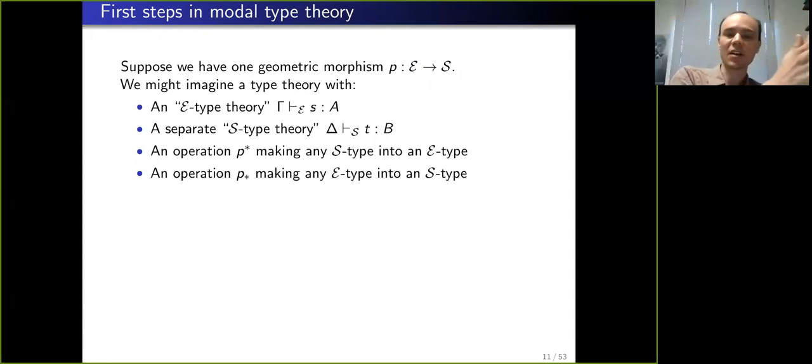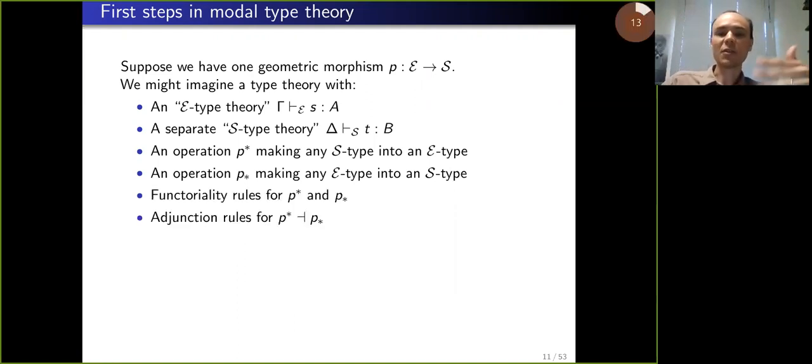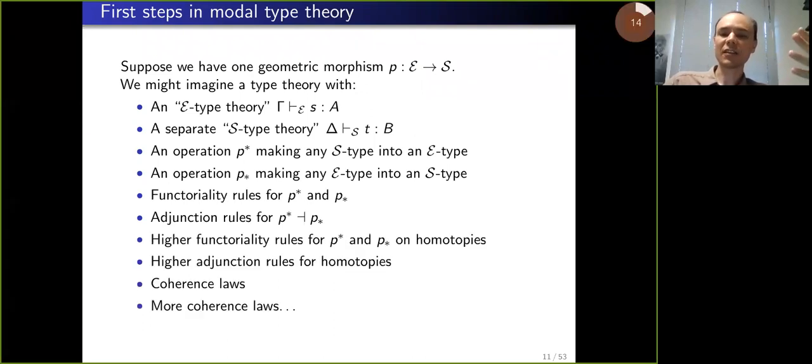So we have a P upper star that makes S-types into E-types, P lower star that makes E-types into S-types. And then we add extra stuff that makes them functors. So we would need rules that make them functors, and we need rules that make them adjoint to each other. And then because these are higher categories, we need to know they're functorial on higher homotopies, and we have coherence laws relating them to the adjunctions and these sort of higher coherence laws and so on,